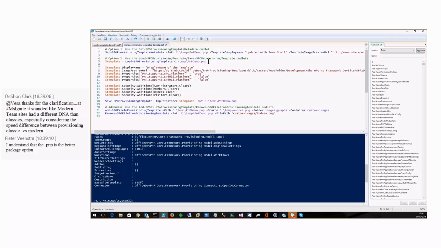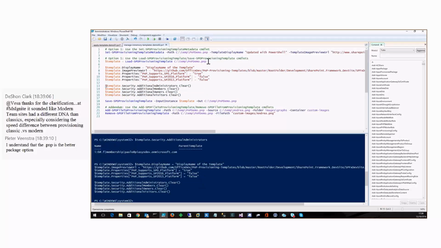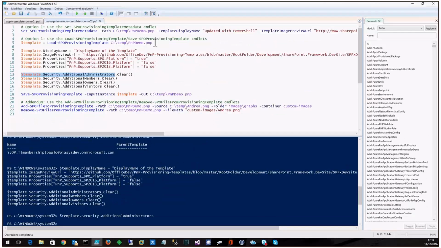So simply by playing in memory with the provisioning template, you can do stuff like that. And just to show you the result, in the additional administrators property, right now I have one member, which is myself, but if I execute this PowerShell statement, I will of course clear the content of the additional administrators, and I will be ready to save my provisioning template starting from my in-memory instance into a target file on the